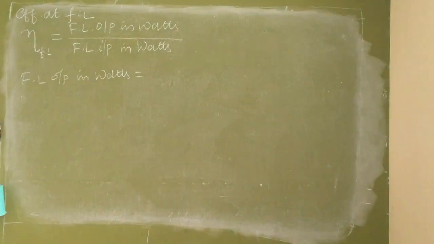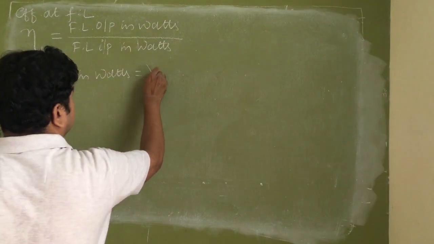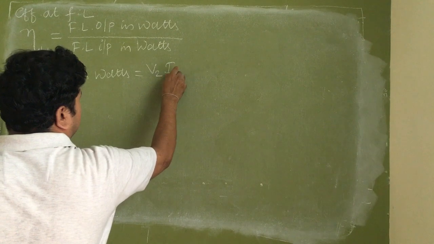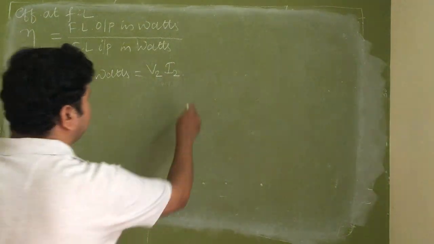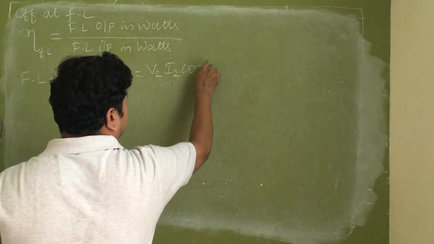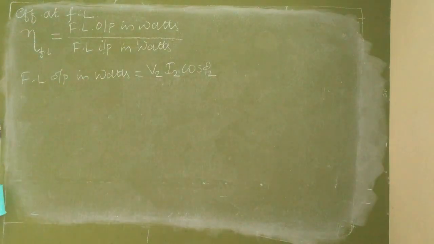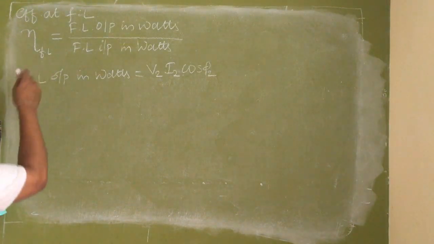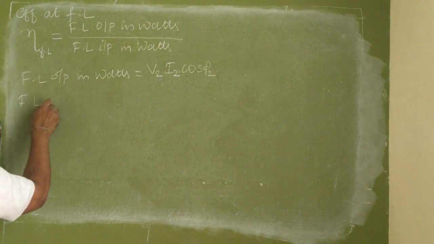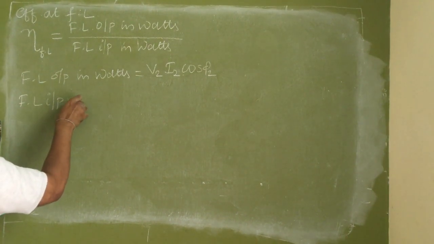EI cos phi. So secondary voltage at the load terminals is V2, I2 cos phi 2. V2 is the voltage across the load terminal, I2 is the current through the load, cos phi 2 is the load power factor. Okay, so V2 I2 cos phi 2. Then what is full load input in watts